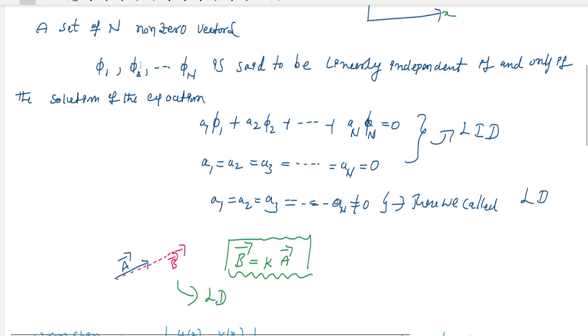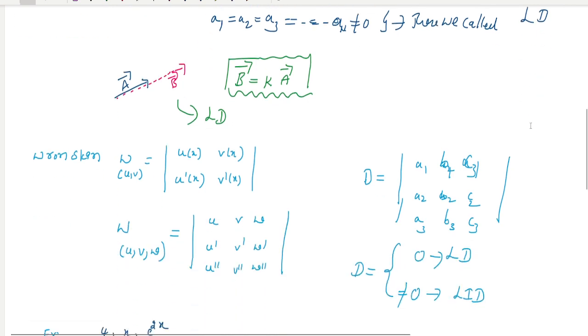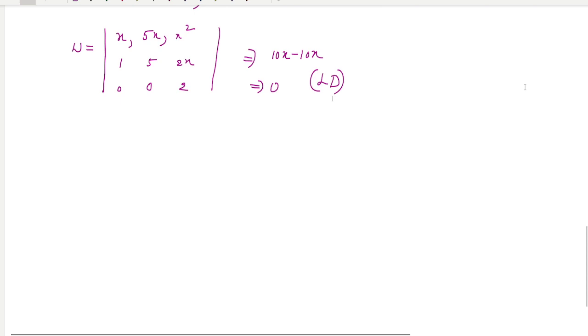So the set of vectors, here we can take psi1 and psi2 up to psi n, is said to be linearly independent if the only solution, where a1 and a2, whatever you call them, the bases or scalars, a1 is equal to a2 is equal to and so on, n is equal to 0, then we can call that function linearly independent. If it is not equal to 0, then we can call that function linearly dependent. Okay,